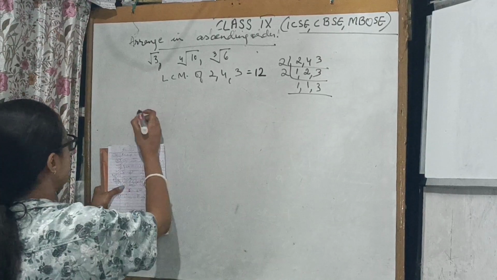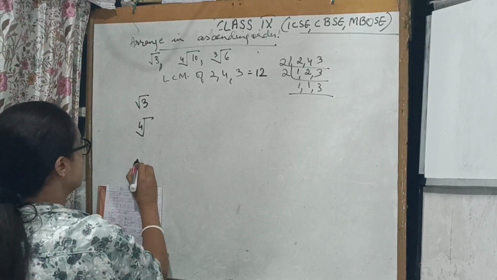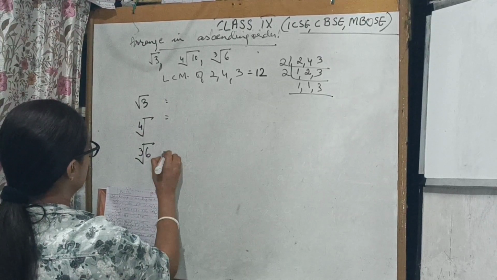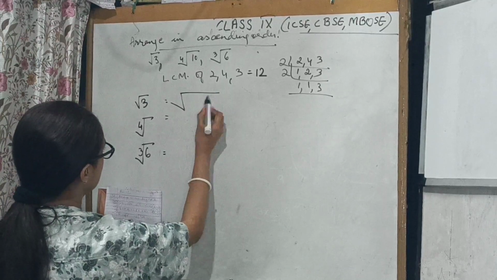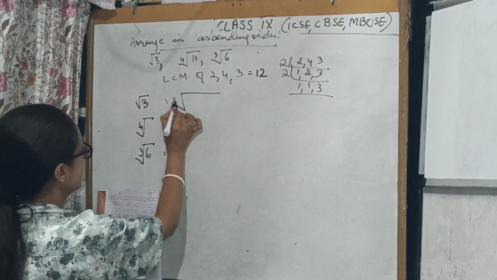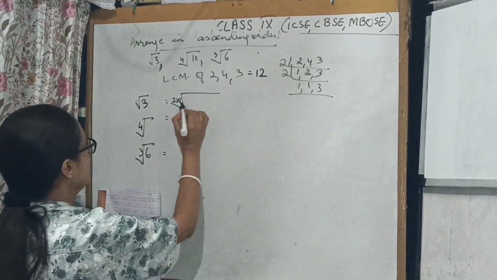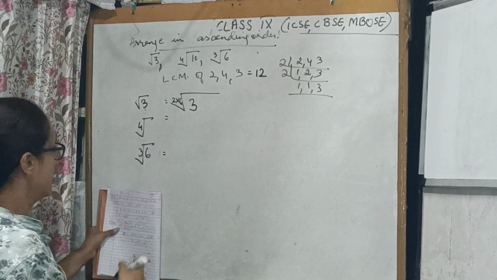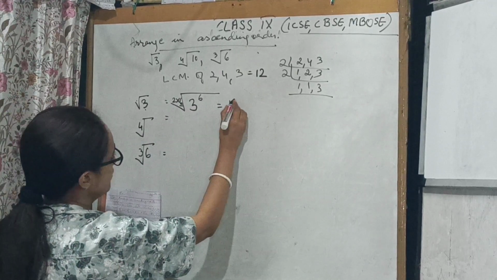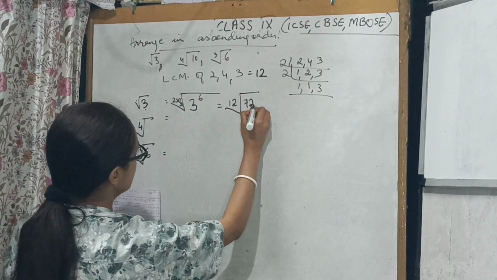Okay. So what are your numbers? Square root of 3. Then you have fourth root of 10. Then you have third root of 6. So what did you do in the last sum? The order was 6. Here the order has to be 12. So this is 2. Write a 2 here. 2 into what will make 12? 2 6s are. And this 3, write it as it is. And what extra did you write? Write 6 here. 2 6s give you 12, and 3 multiplied 6 times gives you 729.